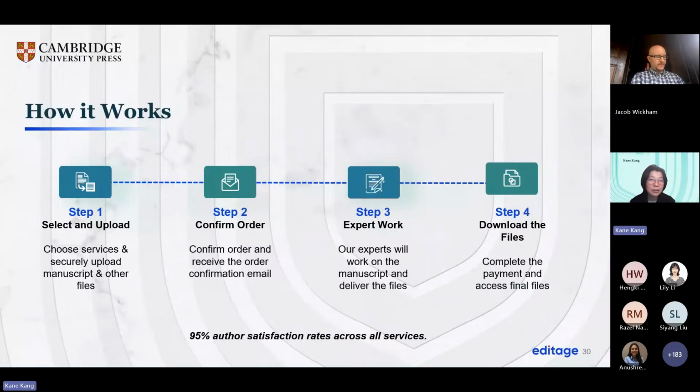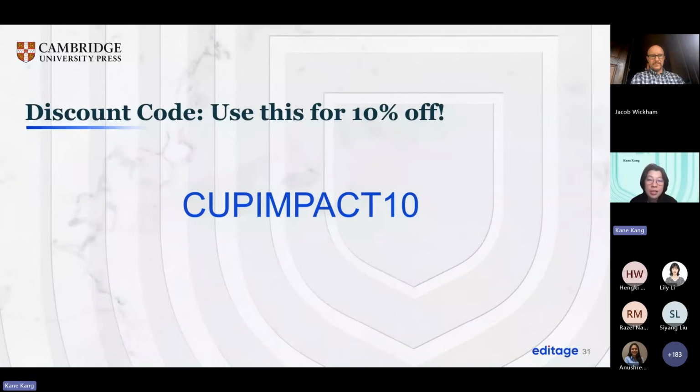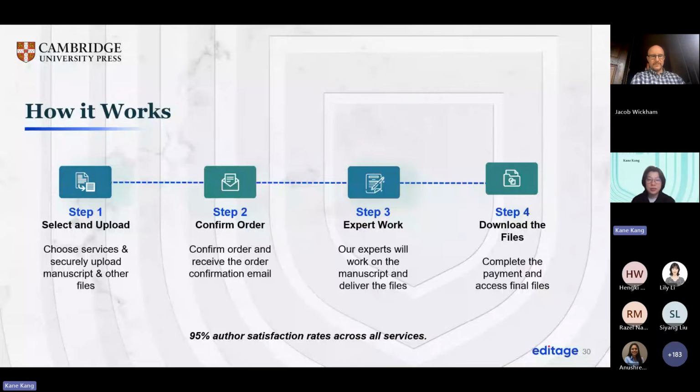When you check the files and you need the final files, you just complete the payment. The payment happens in step 4, so before step 4, you don't have to pay. That's the whole process.